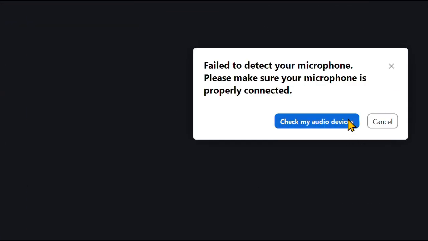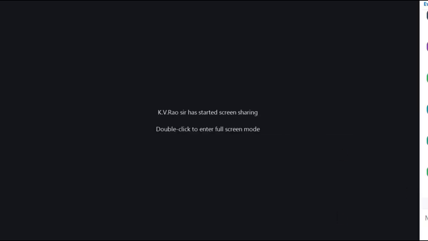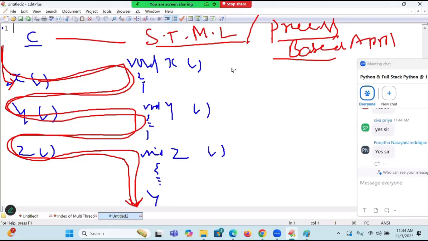Process based applications we can call them. Slowly, I'm coming to the coding level. Spell out process based application. In a process based application, how many threads will be there? Only one thread will be there. By default, only one thread will be there. I'll show the coding also.